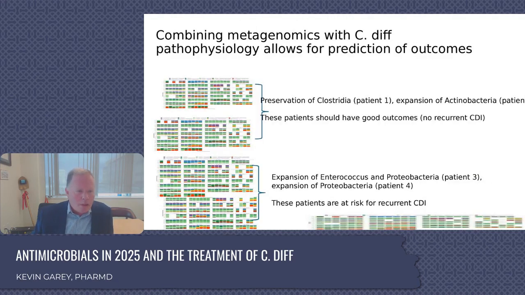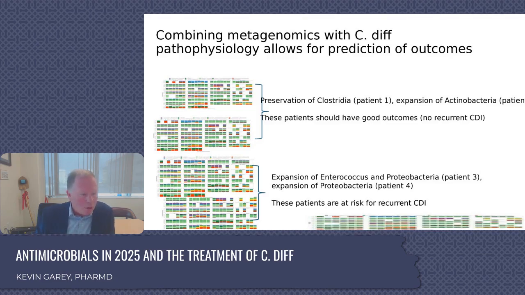So this doesn't come through very well. Actually, it comes through terribly because I blew it up terribly. But you can look at these things and you see very little red in these two top figures. This is what this is trying to illustrate, and lots of green. And that's people that got C. diff or they got an antibiotic, but they preserved their Clostridia class.